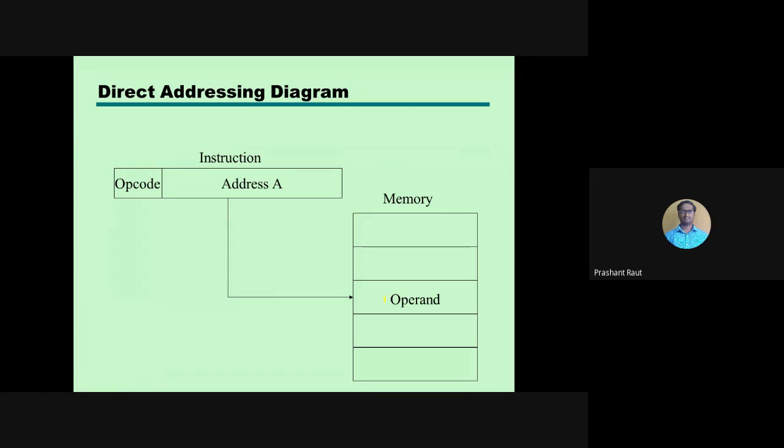So the address of this operand is available inside the instruction, and this is called direct addressing mode. The instruction contains the address of the operand.